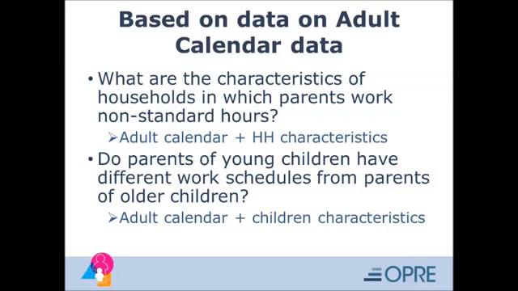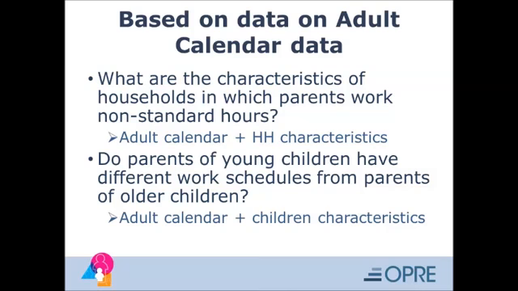And here you would combine data from the adult calendar with data on children characteristics in the main household data file. So note that in both questions, the issue is not just the number of hours that parents work, but the timing of work, or in other words, when does that work take place? And the issue of timing is something that the calendar data are particularly well suited to address, because you have data, not just a summary of a report on the number of hours, but actually how that work unfolded throughout